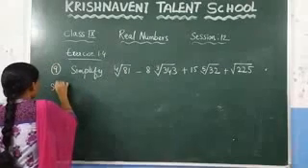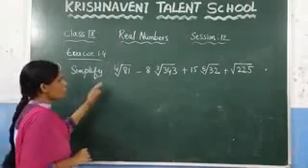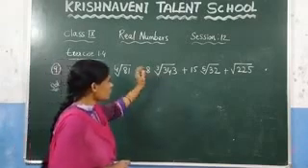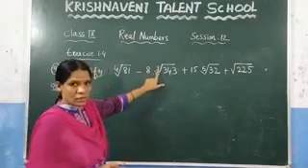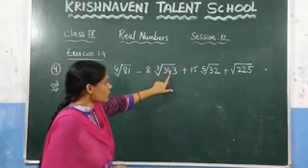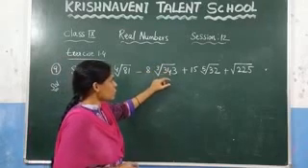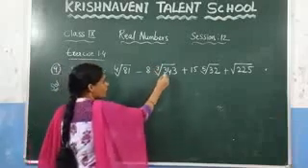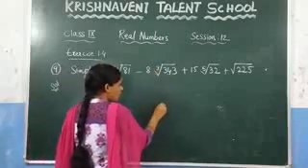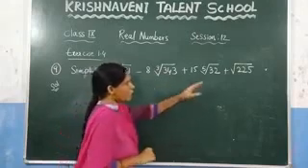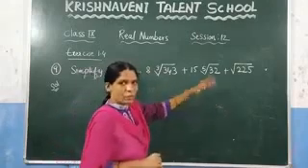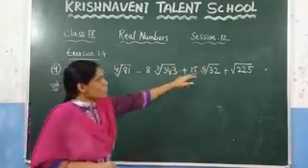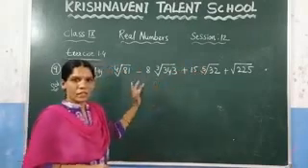Before solving this one, let us think how to solve this problem. You just have to check which number is there. You have to write the number such that the power is 3. That means you have to write 343 as some number to the power 3. Here you have to write 32 as some number to the power 5. Because the power and the root will get cancelled, you will get a rational number.